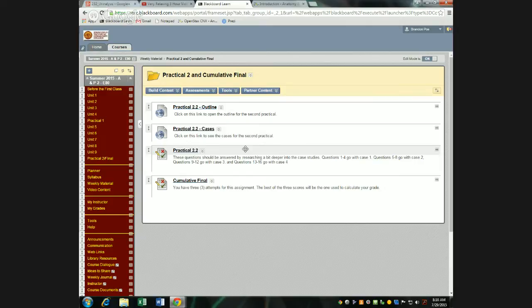The best of the 3 scores is the one that goes in the grade book, not the last, but the best of the 3 scores. I started to say it and then I moved on and talked about the time thing. But let me go back to it. Preparing for this is